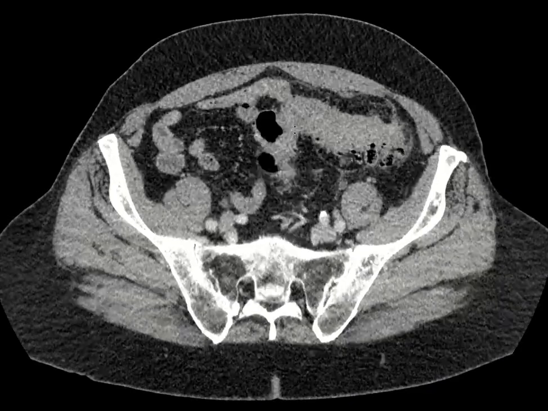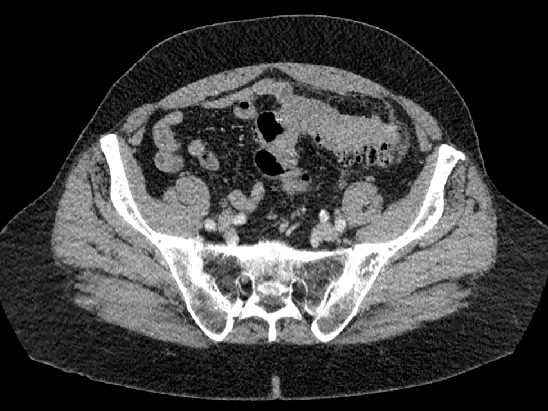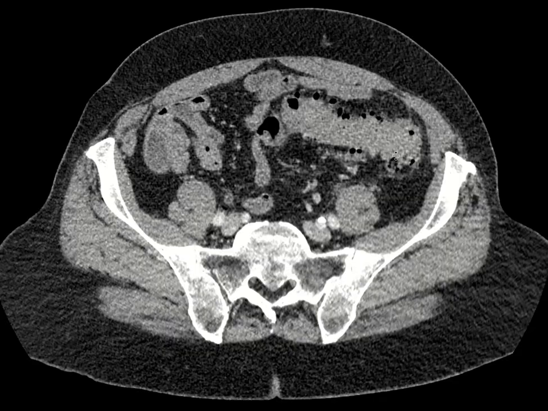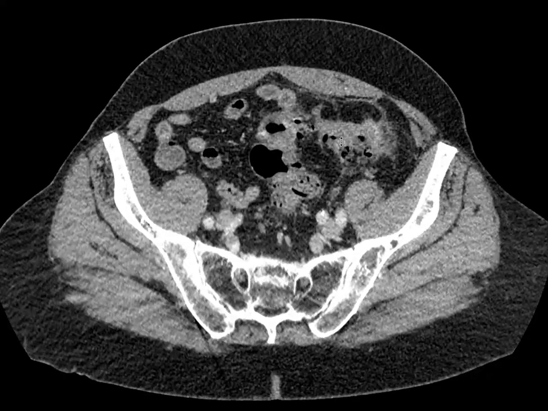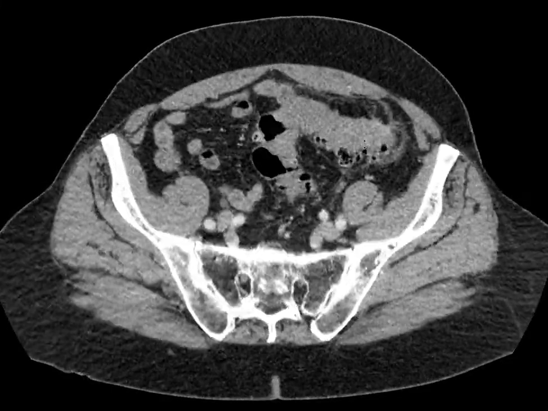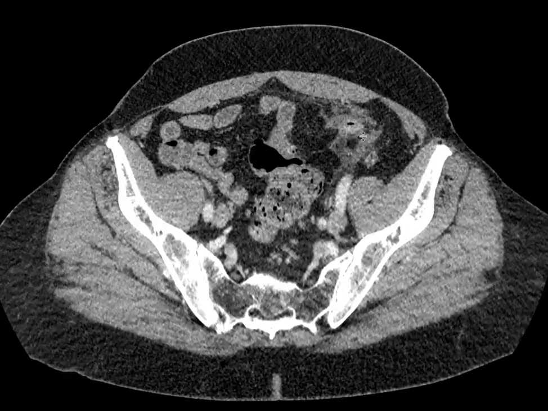And the thickening looks like it's a fairly short segment. It goes all the way from here all the way up to about here. And so this length here looks thickened. If we scroll down a little bit more, we can see some of these diverticula come off of the colon,